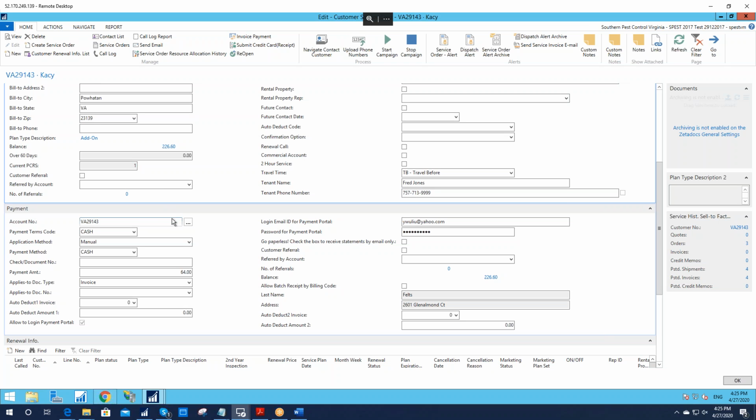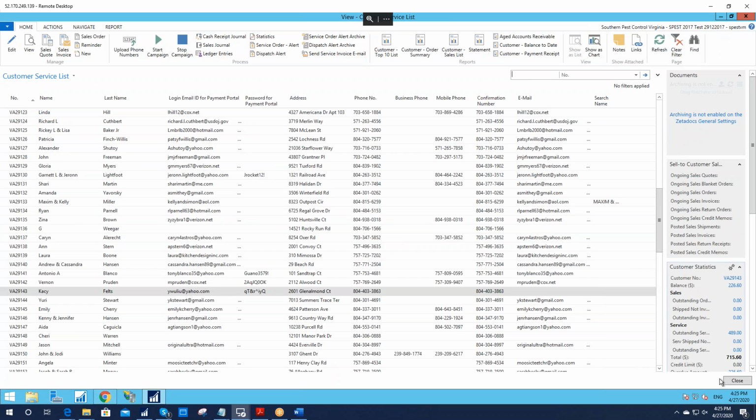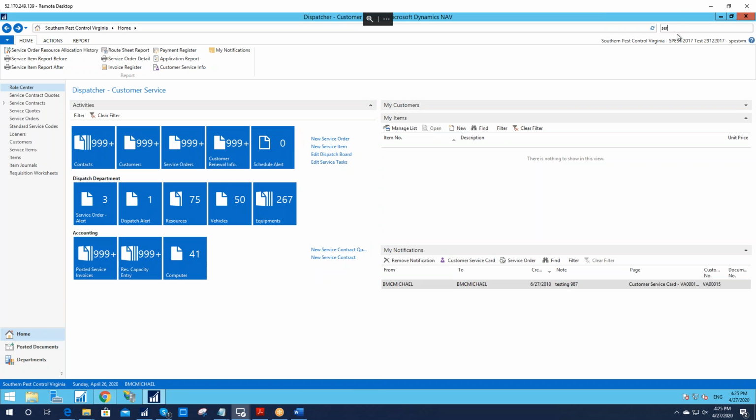But if someone is using the portal, we don't want them to be able to schedule an unlimited number of reservices. So we'd like to have some functionality where if more than, say, 5 are posted, they would get some type of message saying that they need to call our office. And I actually have a specific message in the documentation. But what I'm thinking with this is that you would have on the service item template